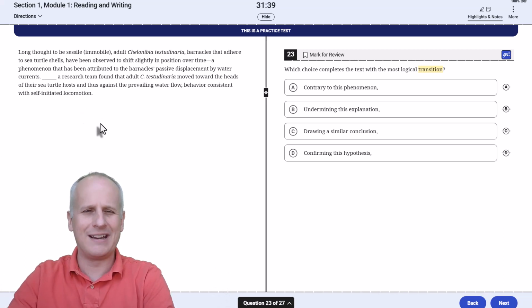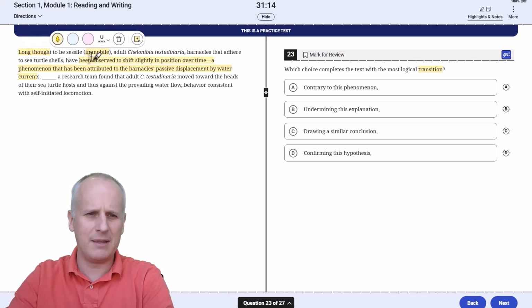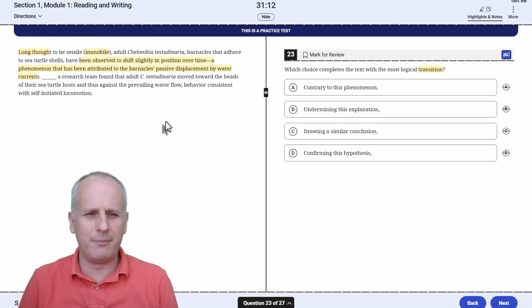thoroughly coherent narrative. So reading from the top, long thought to be sessile or immobile, adult CT barnacles that adhere to sea turtle shells have been observed to shift slightly in position over time, a phenomenon that has been attributed to the barnacle's passive displacement by water currents. Okay, so we know that they've been observed to shift slightly, we'll highlight that in yellow, and they have long thought been immobile. So after the blank, a research team found that adult CT moved toward the heads of their